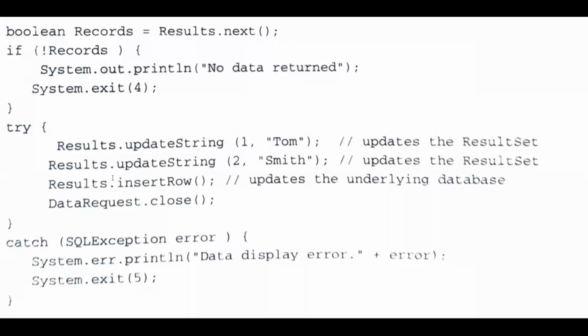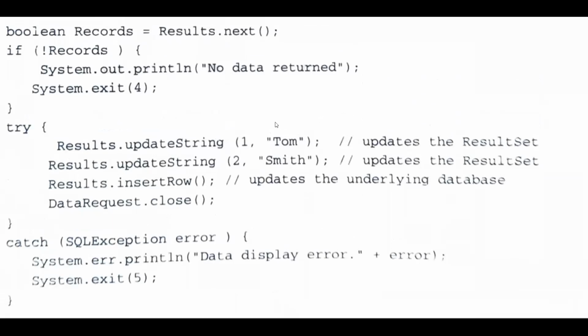It's only when we use this insert row that the row gets added in the database. Instead of having one more query to change the database, just like the select star statement, we can execute an update statement also. But using this way, we can avoid unnecessary executions. We would have to prepare one more SQL statement and pass everything. Instead, directly using these statements, we can update the underlying database.